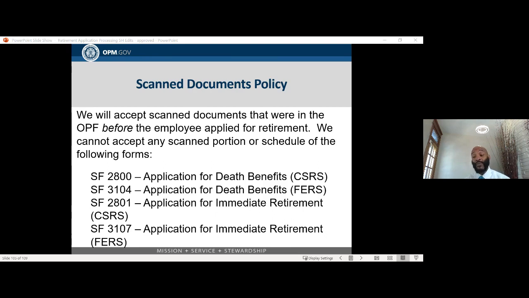Now, you might want to check that BAL to be sure the form is not included on that list of exceptions. But for these retirement forms, we don't take scanned portions or scanned copies of these forms. Photocopies and signed